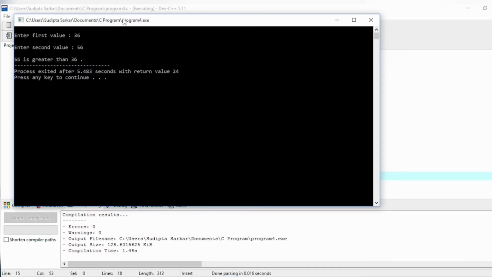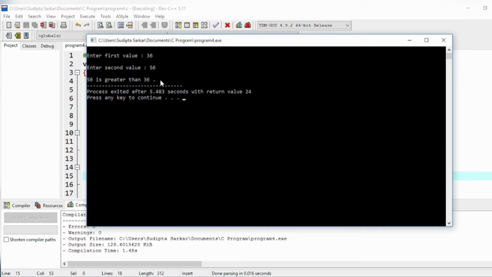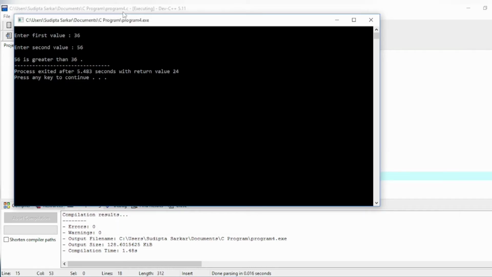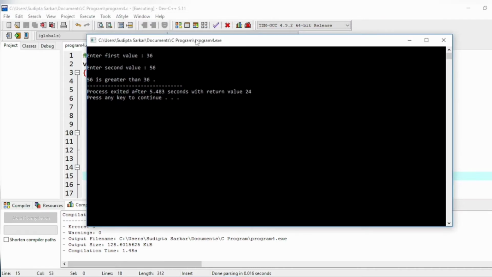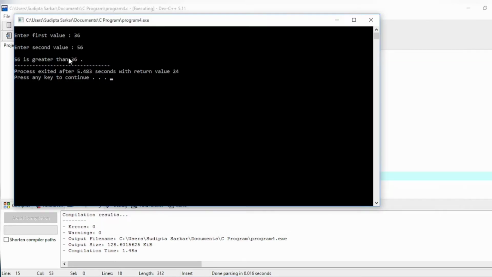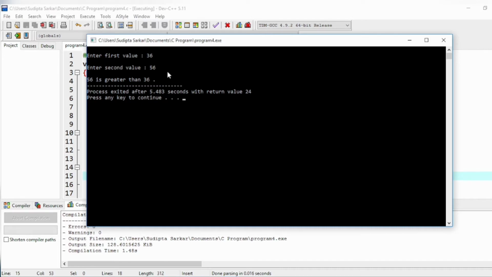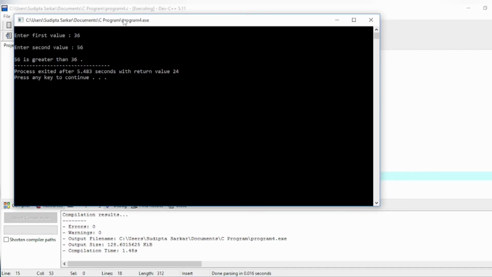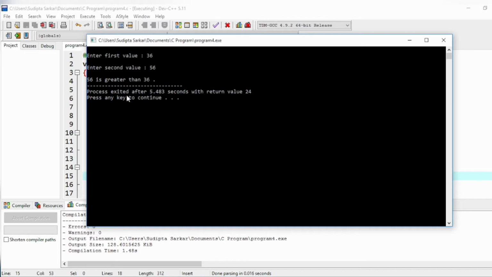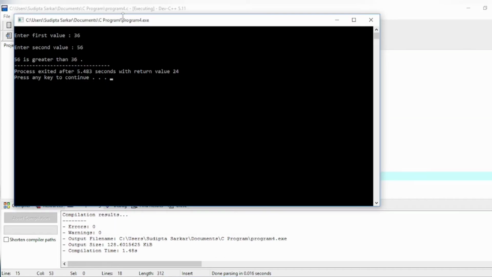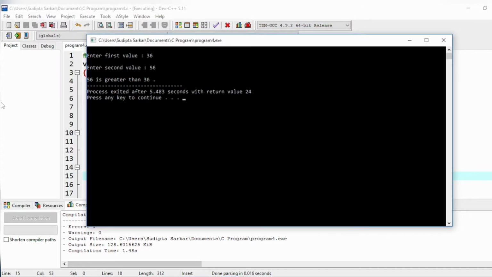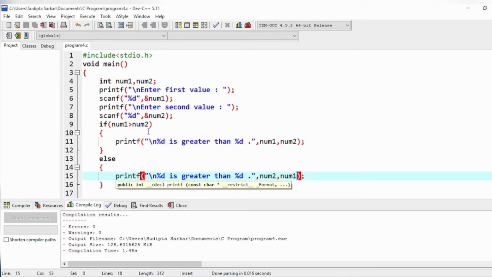So the first if condition gives the compiler a false value. That's why the compiler comes to the else position and prints the else position statement. It does not check any condition now, because the if condition has already failed, so it comes to the else position and normally prints the